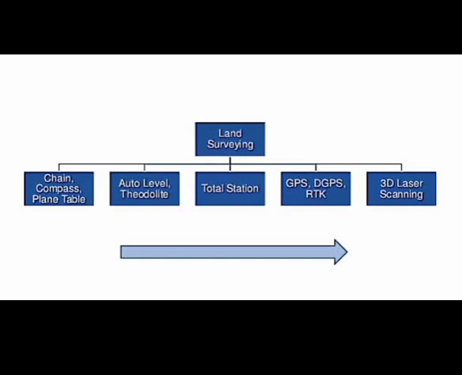Now how do we define remote sensing? Remote sensing is the process where you acquire information about a particular area or object without coming in contact with that object or area. Here in aerial photogrammetry we are doing the same thing. We are acquiring the information without coming in contact with that particular object, but here we are using photographs, and by analyzing those photographs we get the required information. That is how photogrammetry is related to remote sensing.